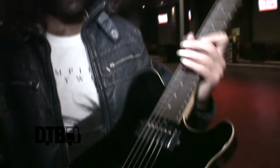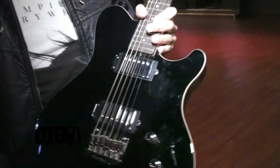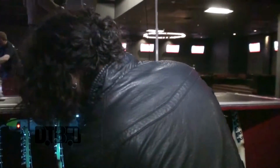So I had a little fiddle with it, and they said you're welcome to take it out, and I've just fallen in love with it. This is now one of my favorite guitars. So I'm really stoked about that. Next we have